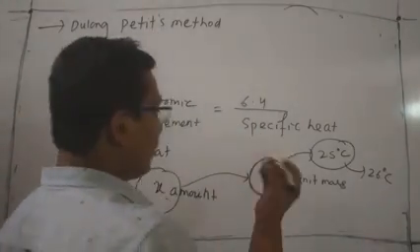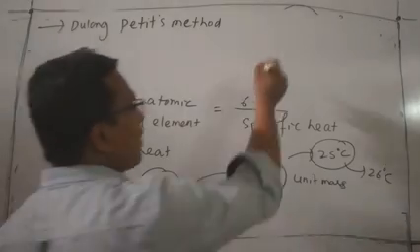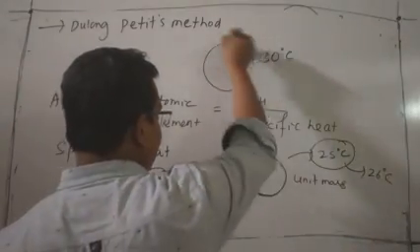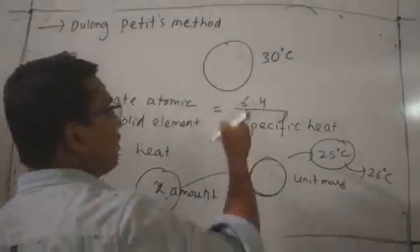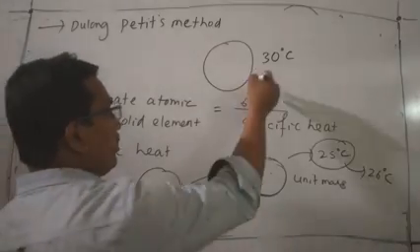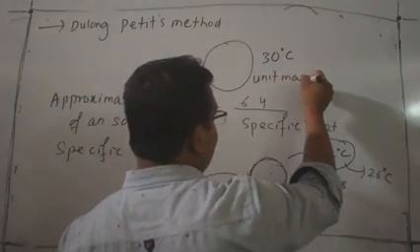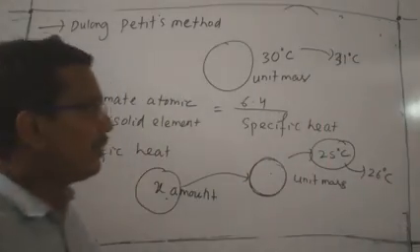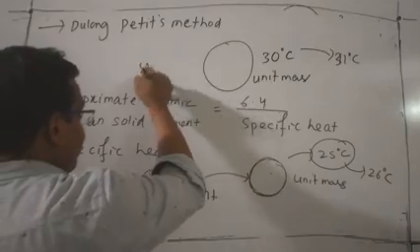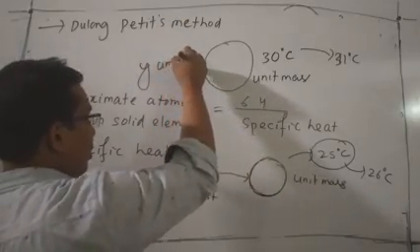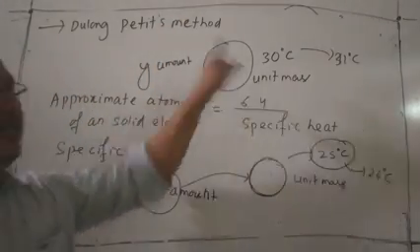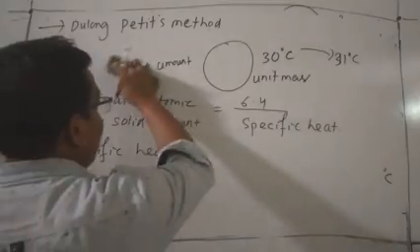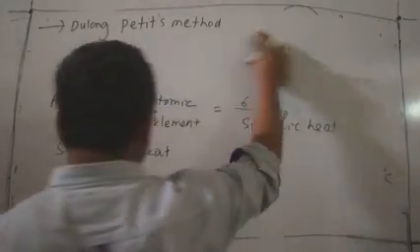Then X is the specific heat of the body. Suppose we take another body at 30 degrees centigrade, having unit mass. I want to raise the temperature to 31 degrees centigrade. A 1 degree raise in temperature needs y amount of energy, then y is the specific heat of that body. So what will be the definition of specific heat?